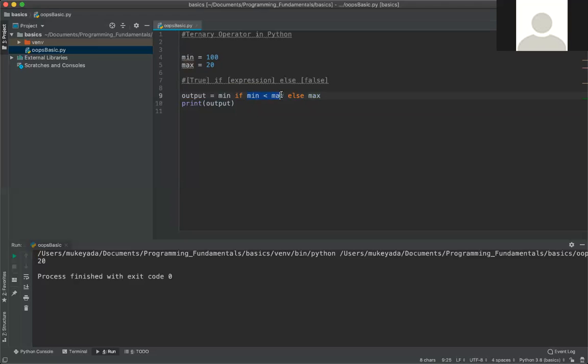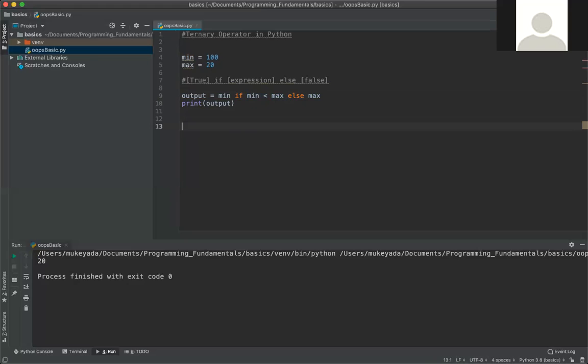Min less than max. Min is 100, max is 20. But we need the minimum value, so when this ternary operator gets executed, it will assign the minimum value, because our expression is min less than max.